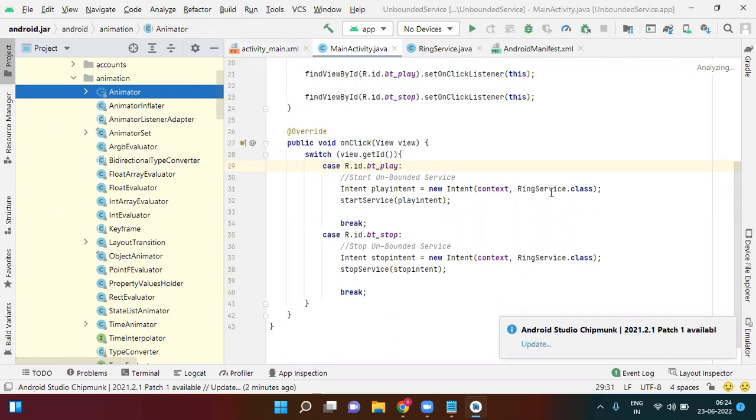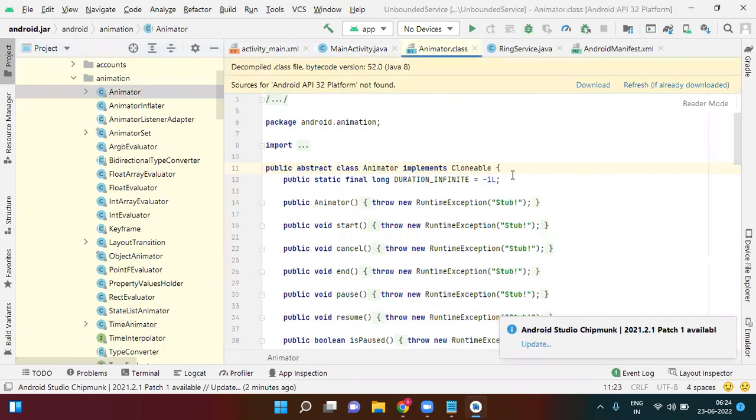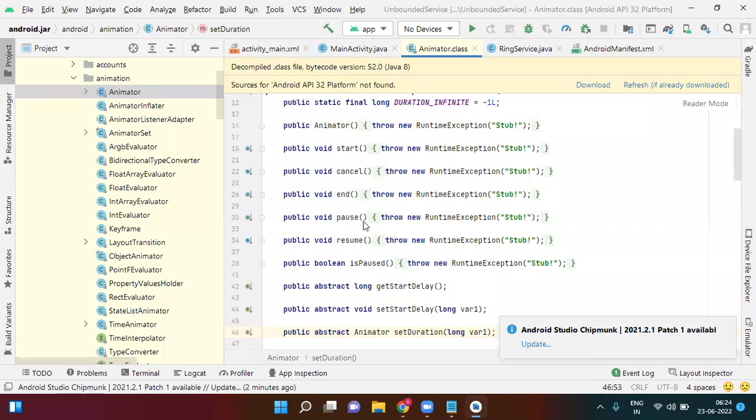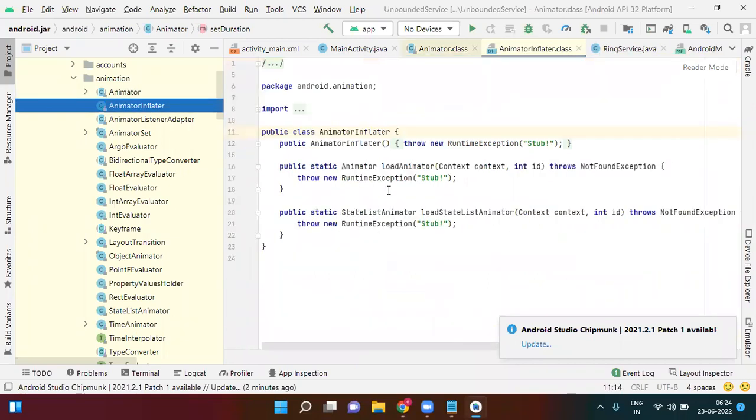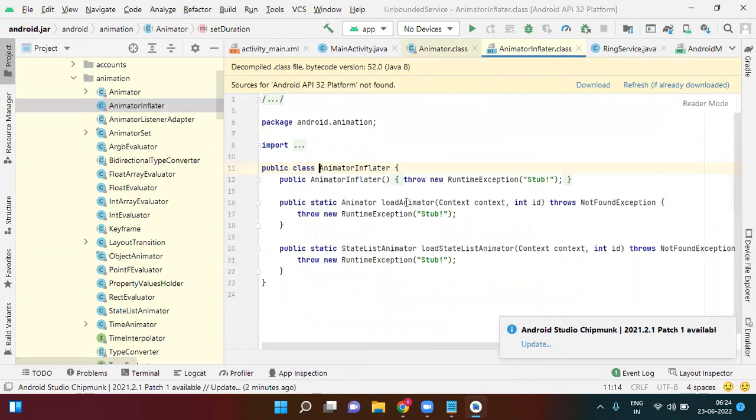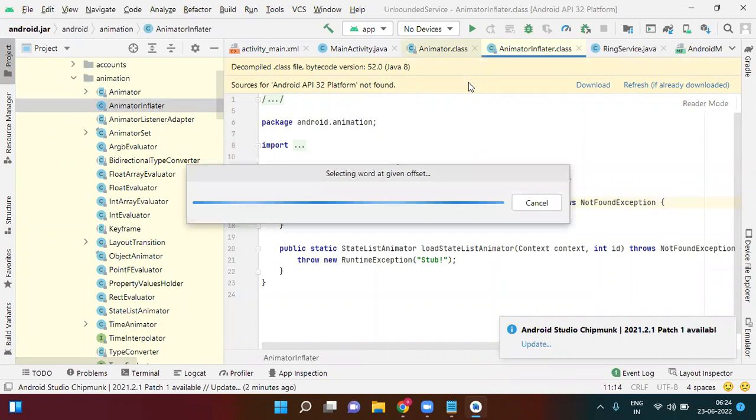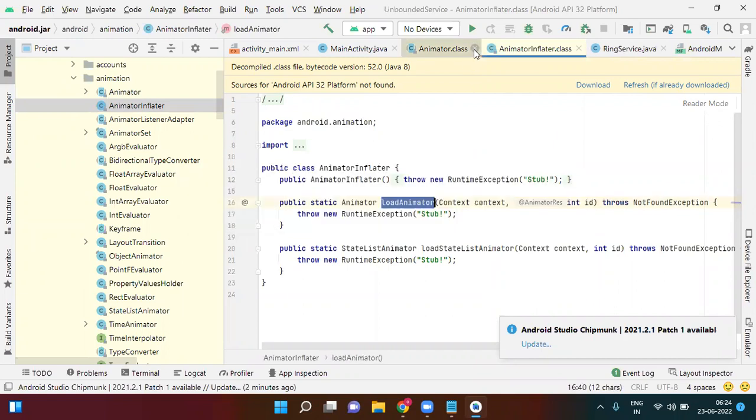Okay. Animator is a class. See, animator, it is a fully abstracted class. It contains only methods. Animator inflator is a normal class which contains load animator, load state and state list animator. Like this, we have some different